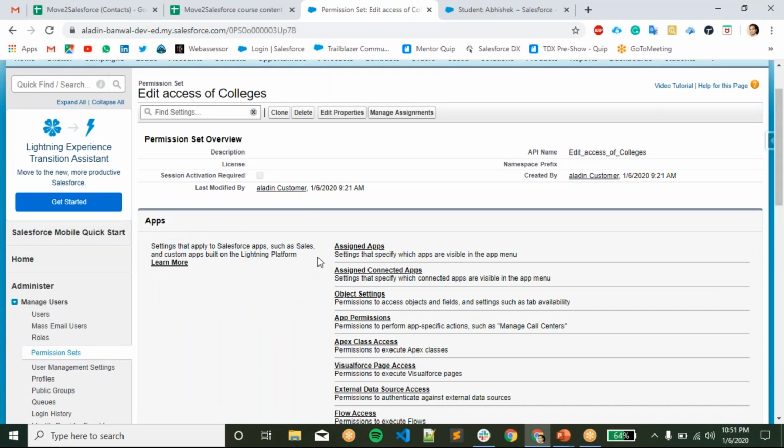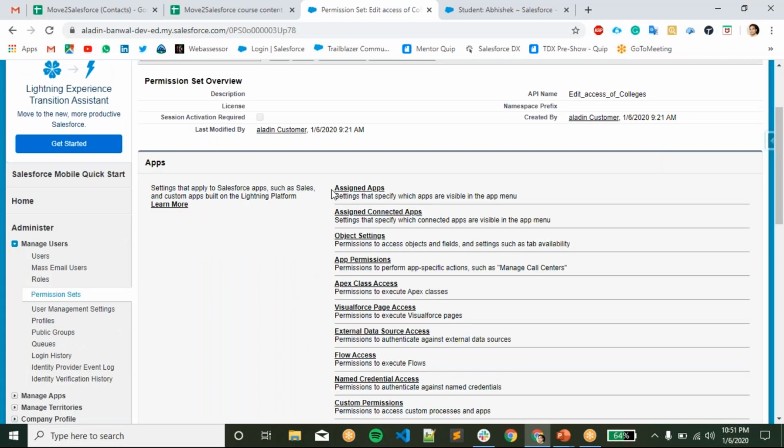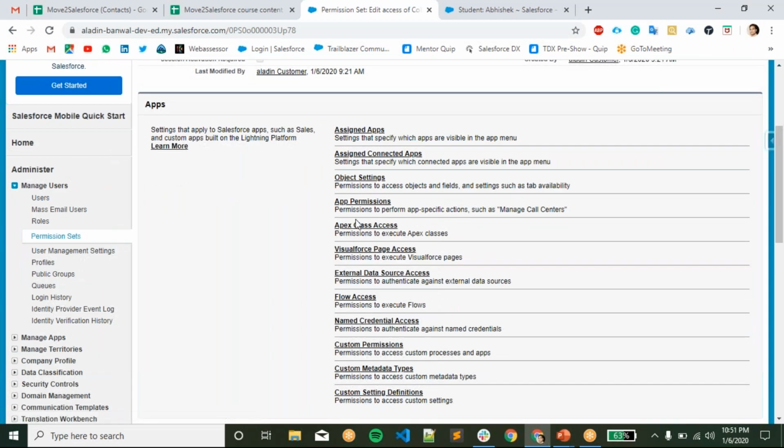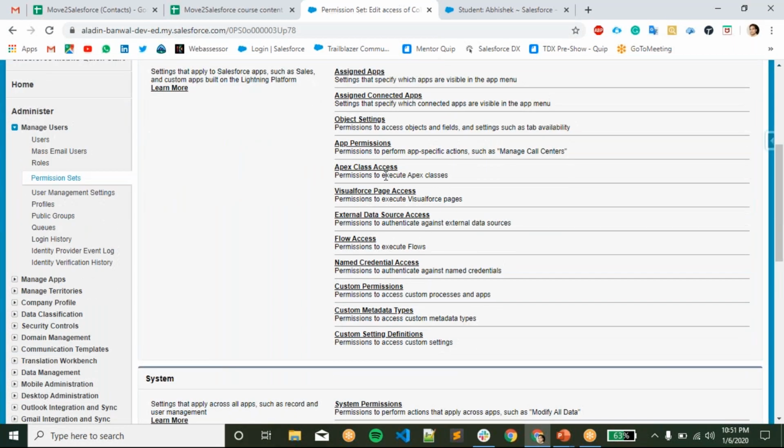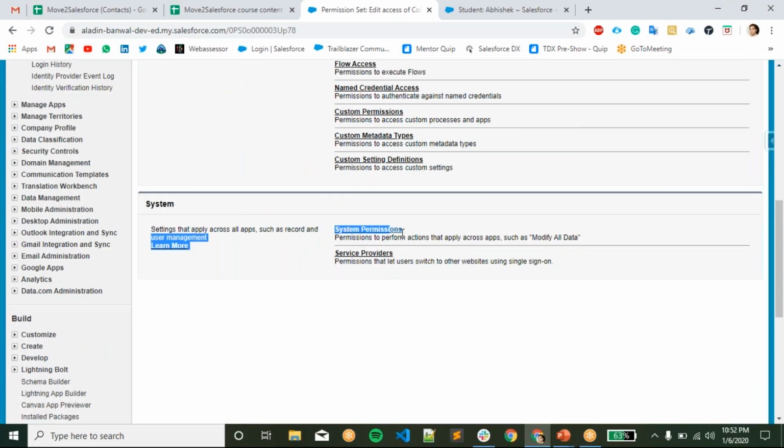It is about apps. So assigned app: which applications you want to assign to this permission set. Connected app, object permission. So object permission you can also maintain from here. App permission, apex class access, visualforce access. System permissions you can also give, and service providers.